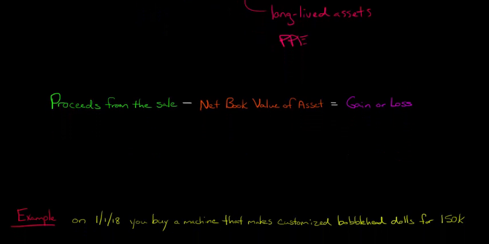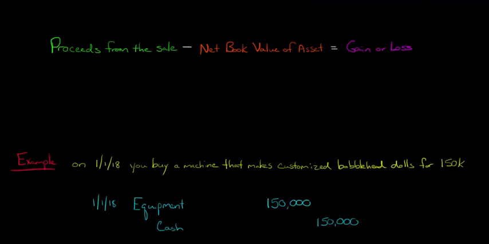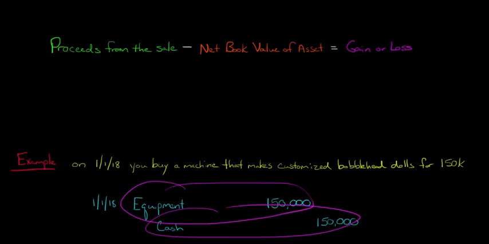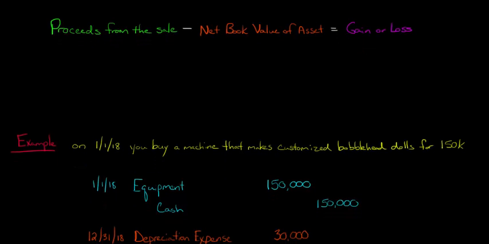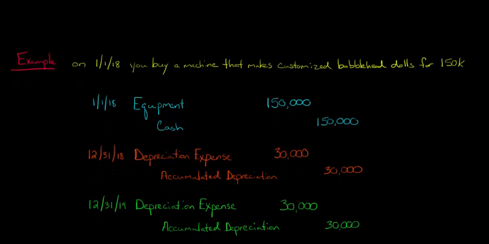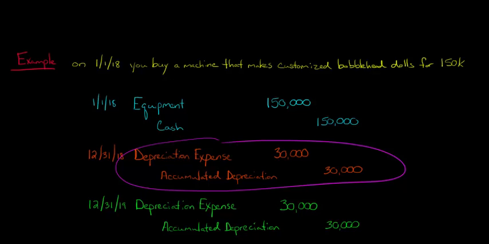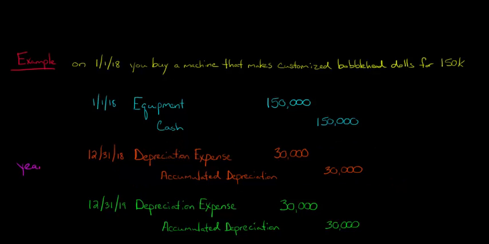Let's say on January 1st, 2018, your firm buys a machine that makes customized bobblehead dolls, and this machine costs $150,000. This should be review for you, just the basics. We record the purchase: we debit equipment for $150,000 and credit cash for $150,000. Then we have to depreciate this machine because it's property, plant, and equipment. We'll say we use straight line over a period of 5 years, no salvage value. So we debit depreciation expense and credit accumulated depreciation for $30,000 for year 1,